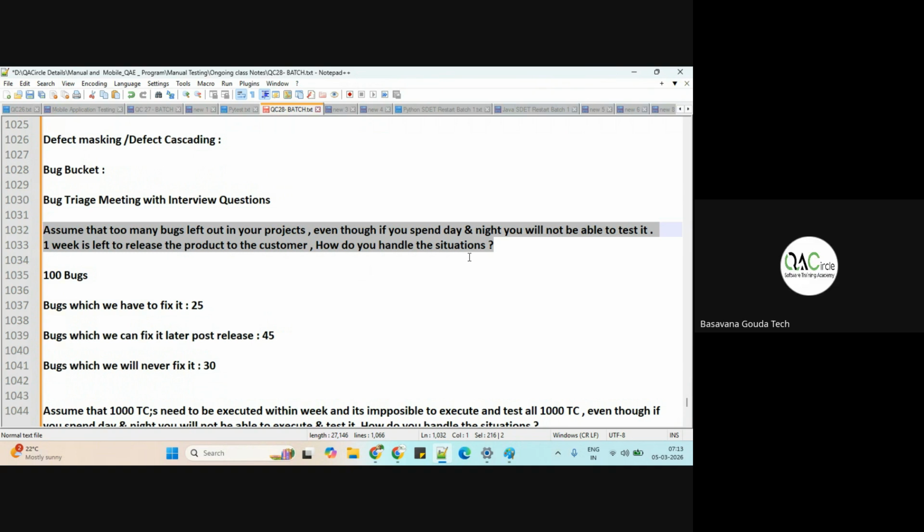Answer. When too many bugs are left out, we will have less time to fix those bugs and test it. In that case,